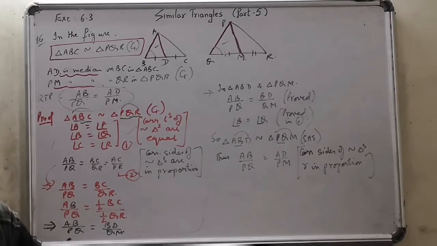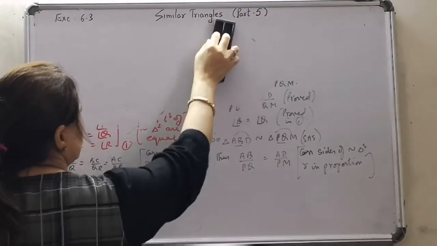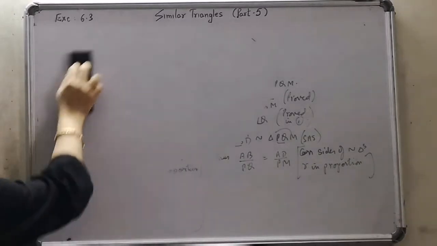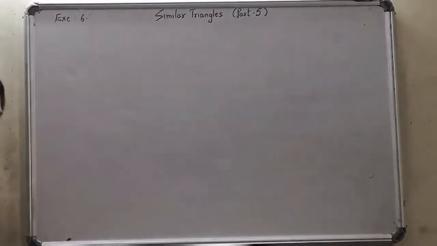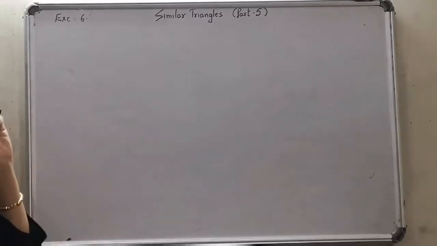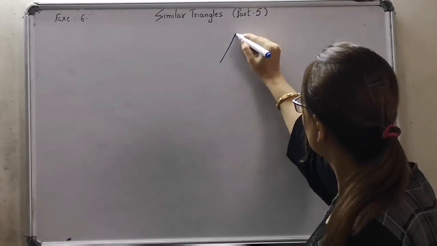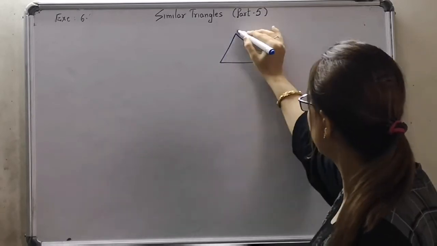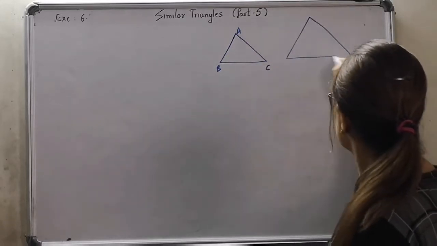Now we'll move to the next concept, which is related to the areas of the similar triangles, and we'll proceed after that to exercise 6.4. सबसे पहले हम कॉन्सेप्ट की अंडरस्टैंडिंग लेते हैं, उसके बाद एक्सरसाइज 6.4 के लिए प्रोसीड करेंगे. नाउ व्हाट डज दिस से? ये बिल्कुल नई प्रॉपर्टी आपके लिए. ये प्रॉपर्टी कह रही है कि अगर दो ट्राइंगल्स आपके पास हैं जो सिमिलर हैं, ट्राइंगल ABC और ट्राइंगल PQR आपको सिमिलर दे दी गई है.